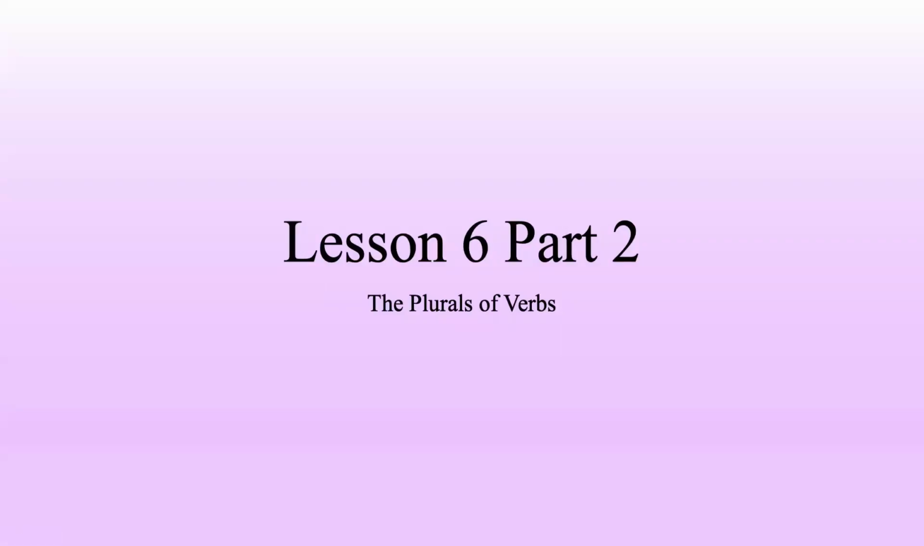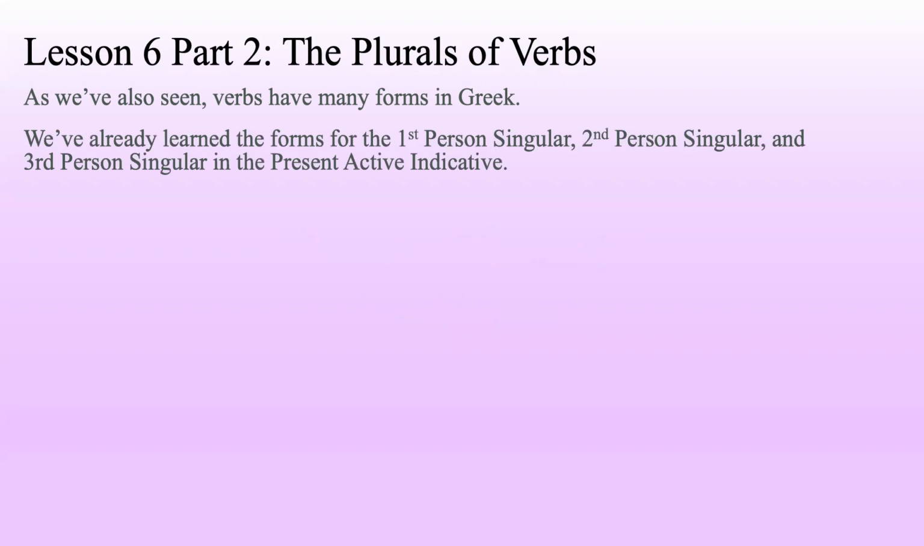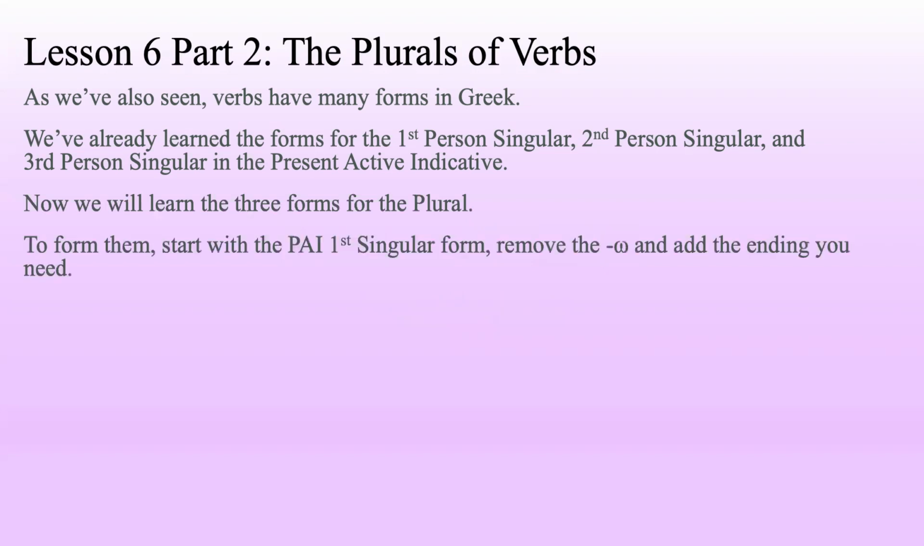Lesson 6, Part 2, the plurals of verbs. As we've also seen, verbs have many forms in Greek. We've already learned the forms for the first person singular, second person singular, and third person singular in the present active indicative. Now we will learn the three forms for the plural. To form them, start with the present active indicative, first person singular form, remove the omega, and add the ending